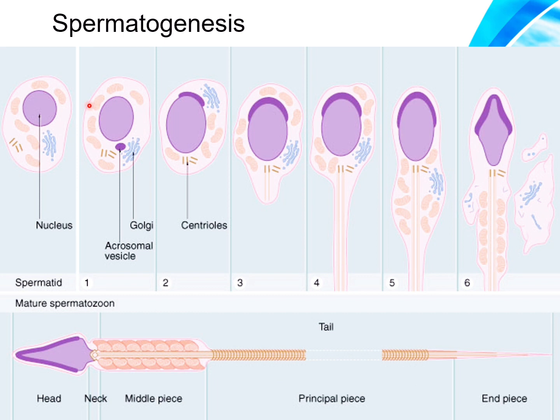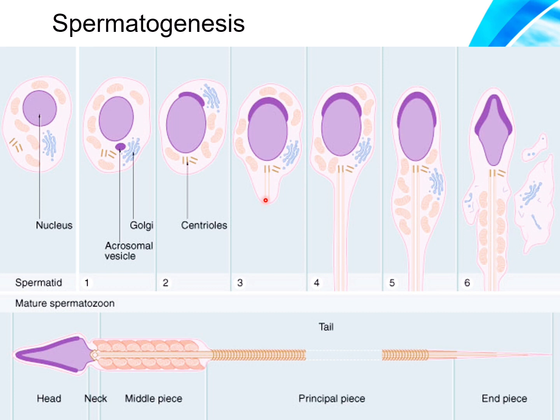In this phase, first is the Golgi phase. In this Golgi phase, proacrosomal vesicles are initially formed, and they form the acrosome. These acrosomal vesicles are formed from the Golgi apparatus. At the same time, the centrioles migrate and come to lie at the posterior pole of the nucleus in a juxtanuclear position, and the distal centriole starts forming the axoneme of the flagellum, that is the doublet of 9 with